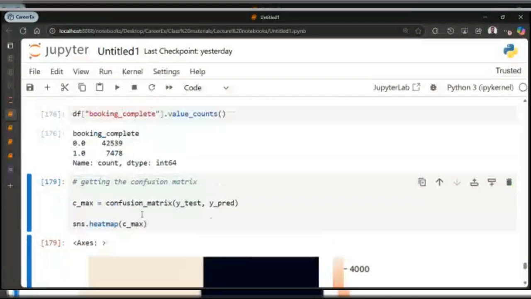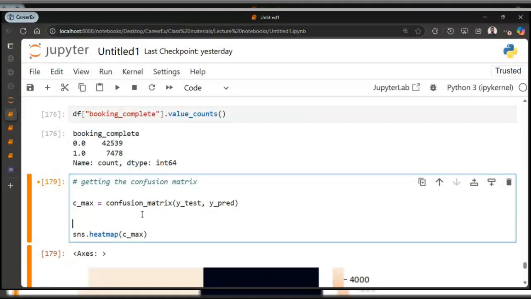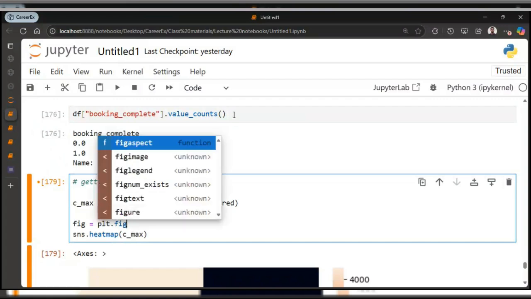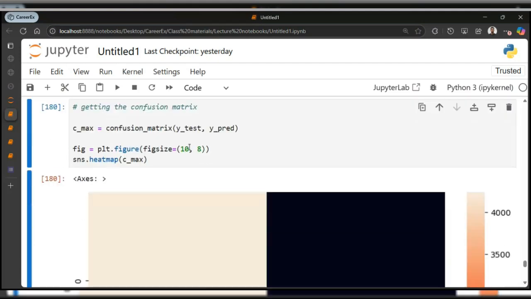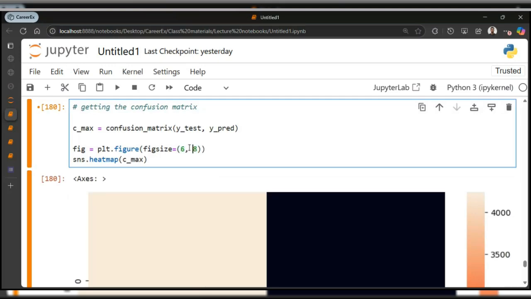Now we're going to do some things like setting the figure, plt.figure with figsize. Let's say 10 and 8. This is too much, okay?